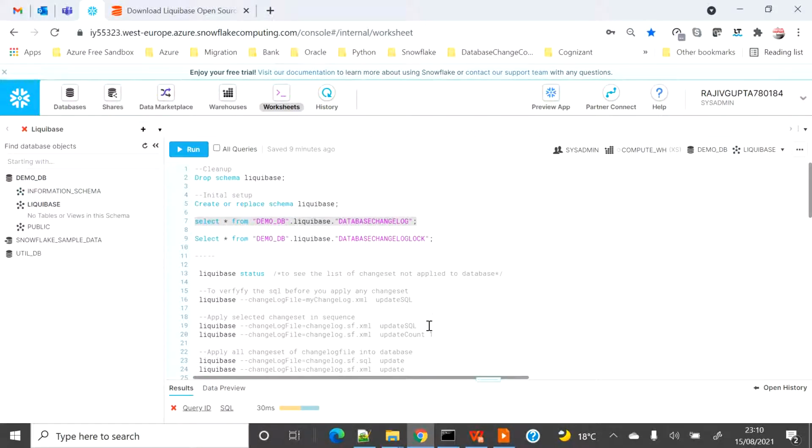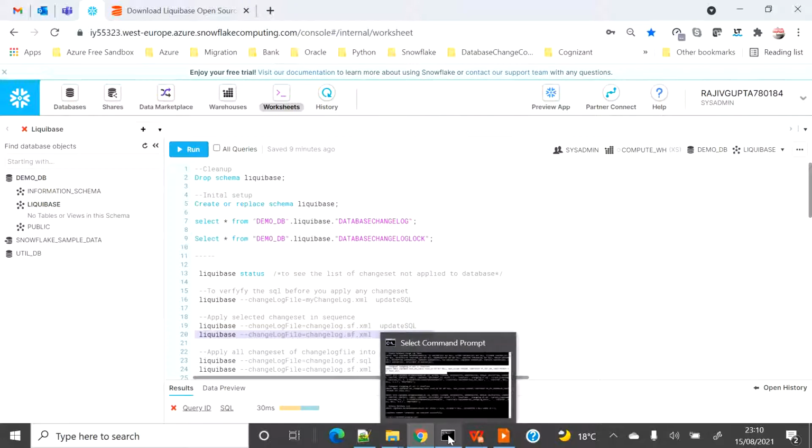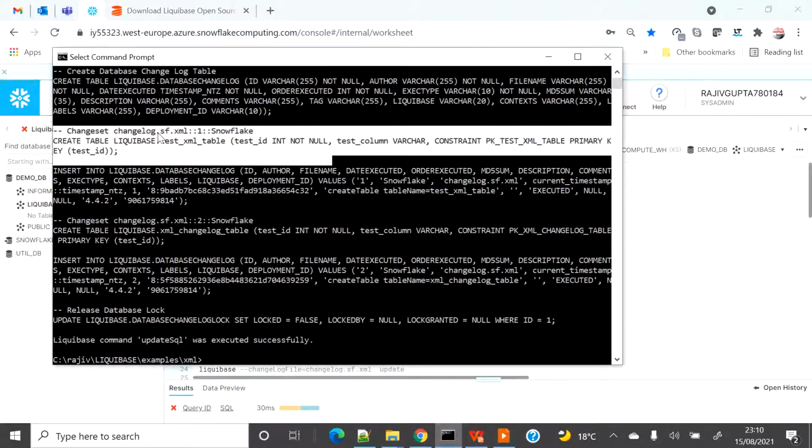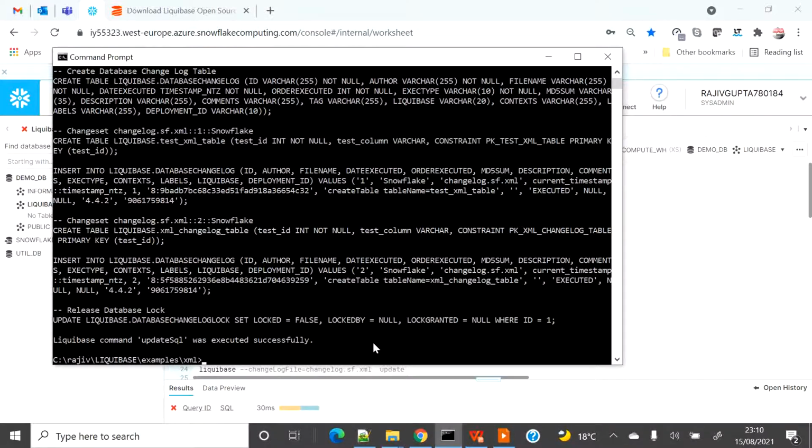Let me apply this first update count, and it will create two tables, database change log and database change log lock, and it will also apply the first change set out of these two. It will create the test XML table. So after applying this, we will see three tables.